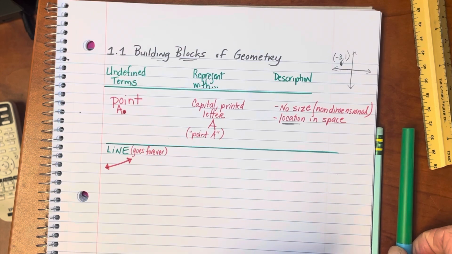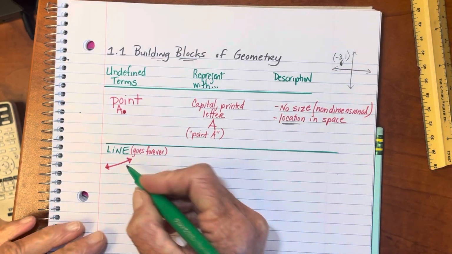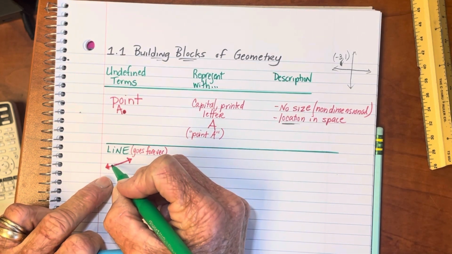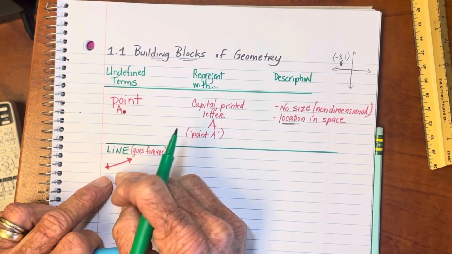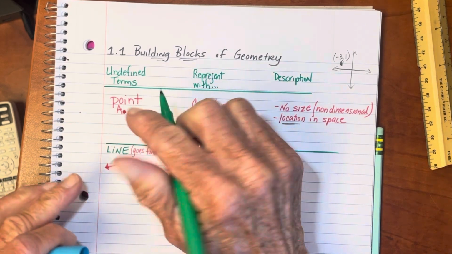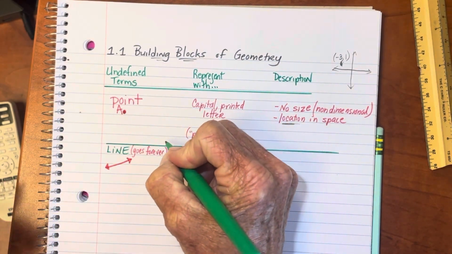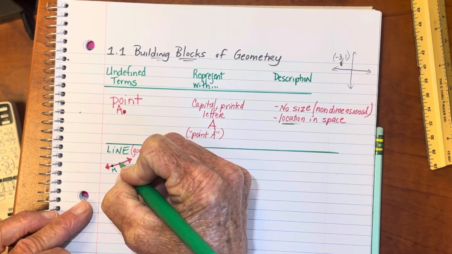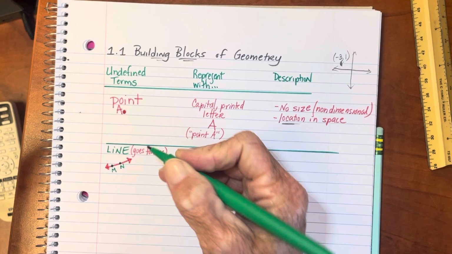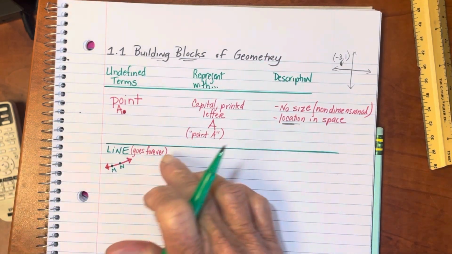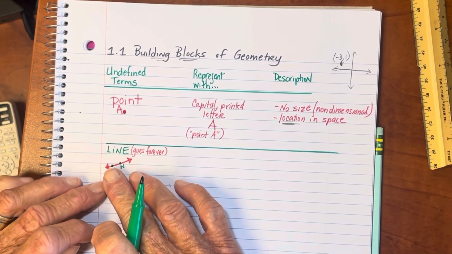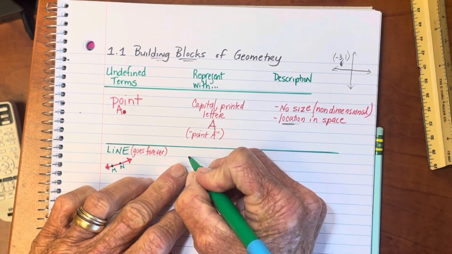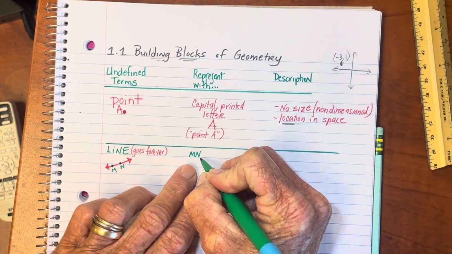So how do we represent them? What does it look like? We'll come back over here, and there are two ways to represent it. A line is made up of an infinite number of points that have just aligned in some straight arrangement. So there's an infinite number of points on this line, but if you're going to name a line using points on the line, you have to know at least 2 points on the line. So let's say this red line I drew passes through points M and N. One way to name that line would be to put M and N right next to one another,